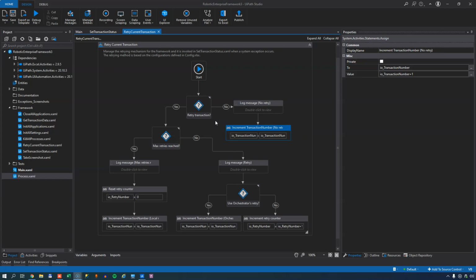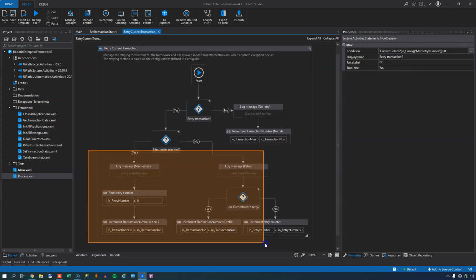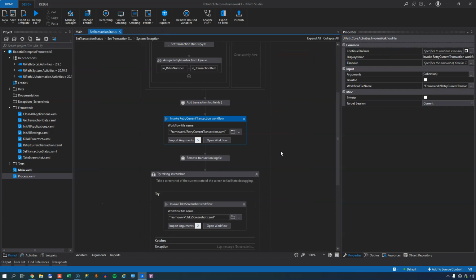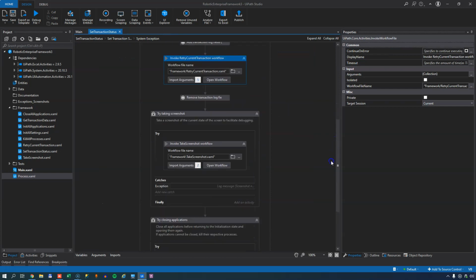Now, if you're not using an Orchestrator queue, then you'll most likely want to set the value of this max retry number setting in the config file to greater than 0, because then this whole left branch of this retry mechanism will kick in and handle the housekeeping of the counts and so forth for you. And you really don't have to touch anything in here, so we'll hurry back out of this and move on with that process. The final thing that happens after the retry current transaction 7 file has been run is that